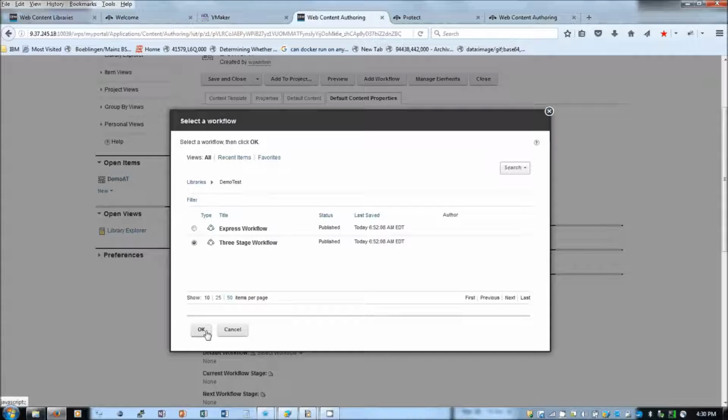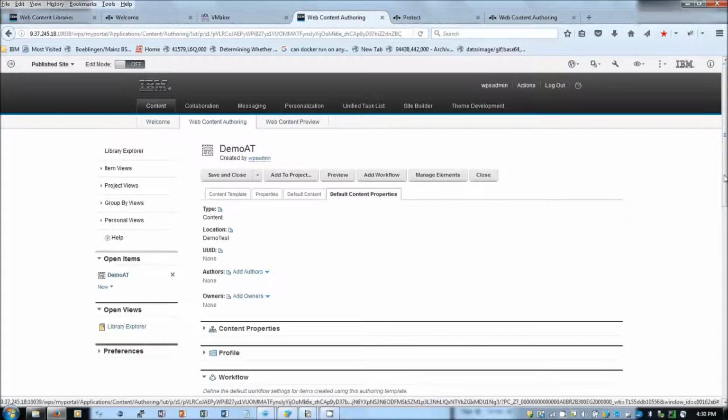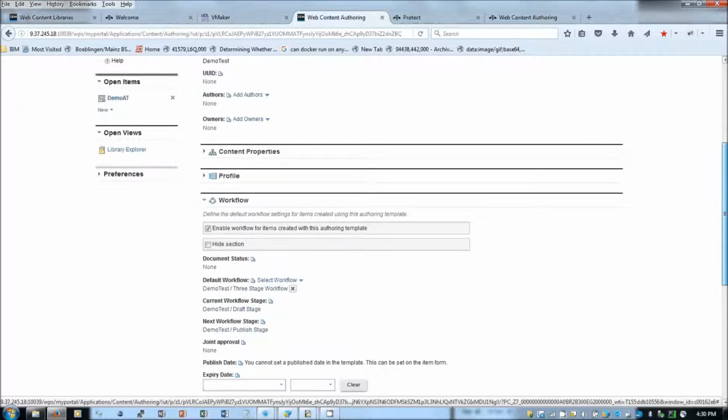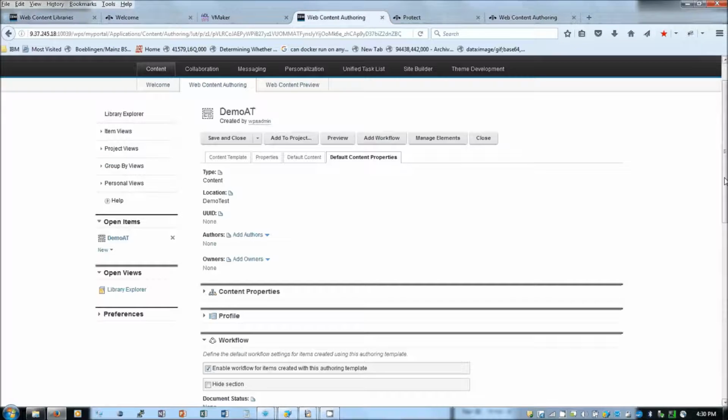So I am selecting a 3-stage workflow. The stages in the workflow are draft, published and then expired. You can see that the current workflow stage is draft and the next workflow stage is publish. Third workflow stage is expired.